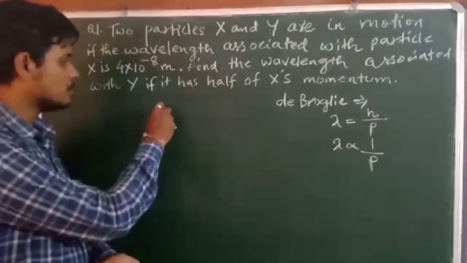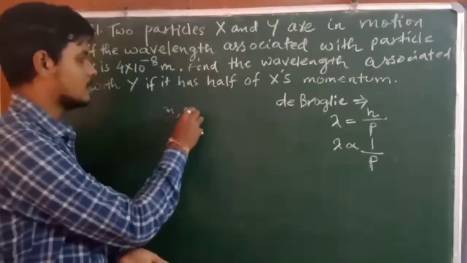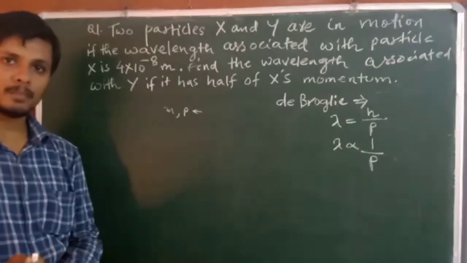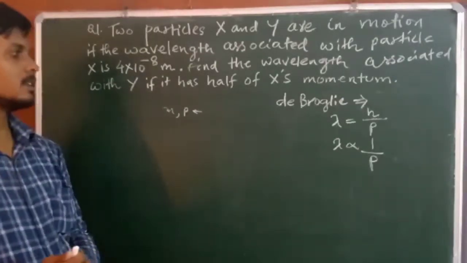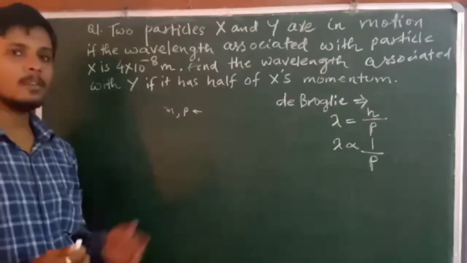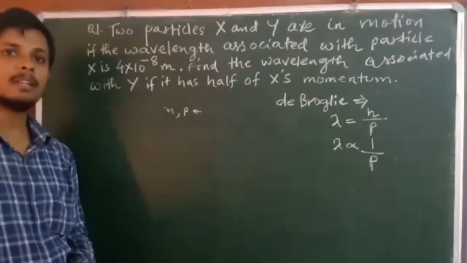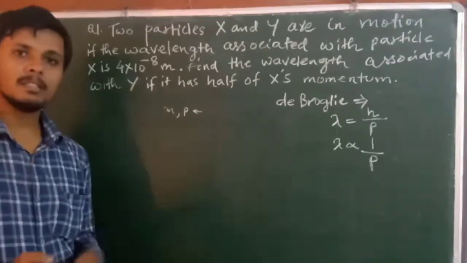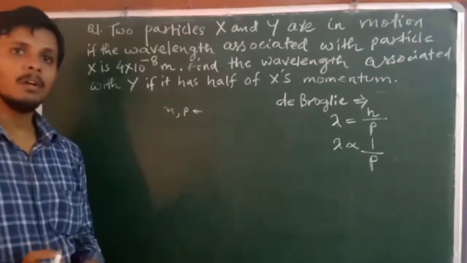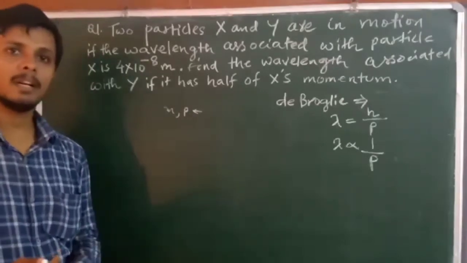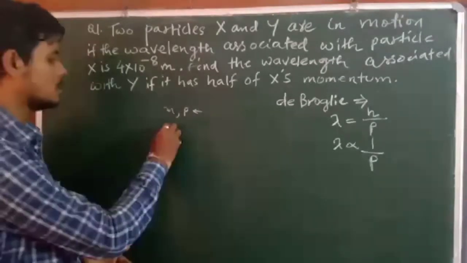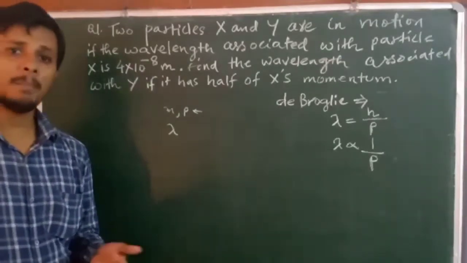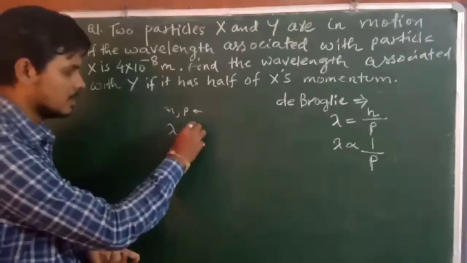a particle usually has mass and momentum as per classical mechanics. But when we consider quantum mechanics, a particle is said to be having wavelength as well as momentum. That means in quantum mechanics, particles are considered to have dual character. That is, the particle has wave character, that means it possesses a wavelength, and the particle has particle character, that means it has momentum.